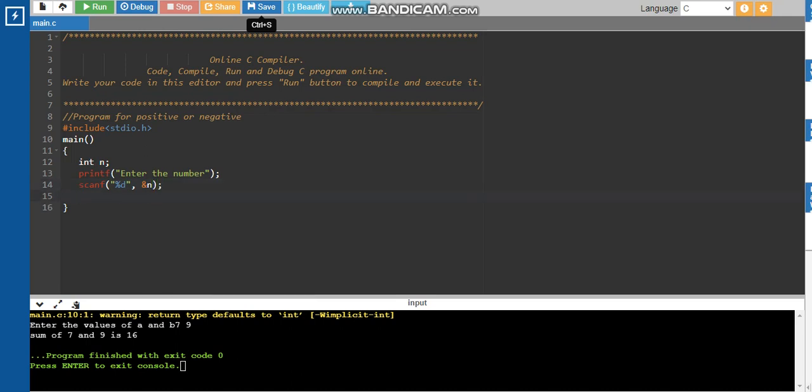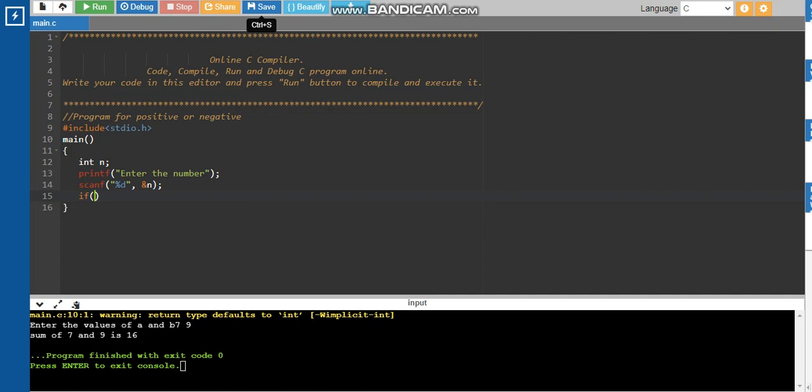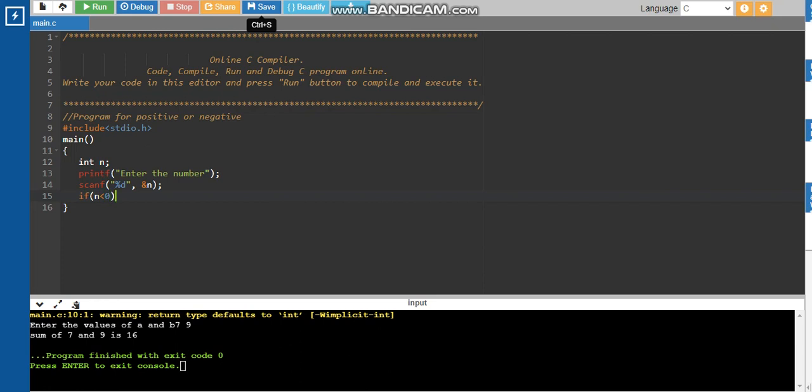And here I am going to use what you can call a decision statement. So we are going to use an if statement here. If that value is less than 0, negative; if that value is greater than 0, it is positive, and this is called a decision statement. The format of the if statement is: if, and here I have to give the condition, if n is less than 0, then printf, in double quotes. You have to write it inside the double quotes always. It's negative.